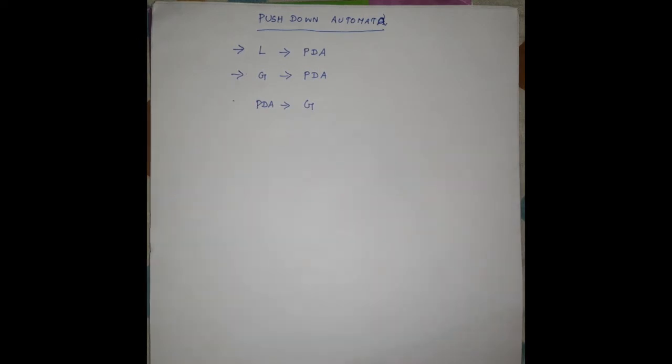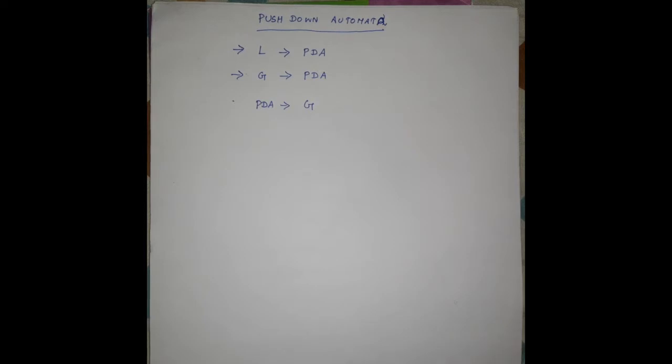We all know the stack is based on two operations: one is push and the other is pop. And the definition of push-down automata has 7 tuples. Similar to finite automata, it has 2 extra tuples. One is the stack symbols, and the second is the top or ending stack symbol.